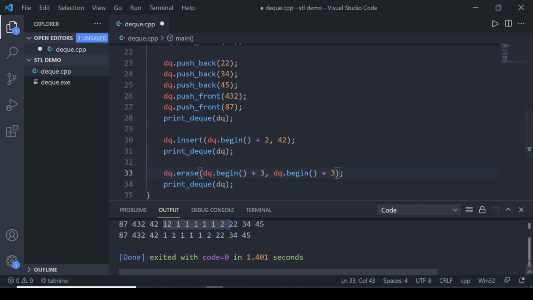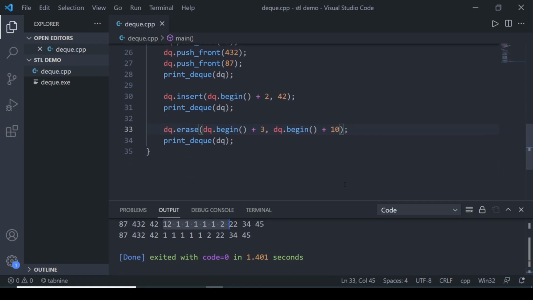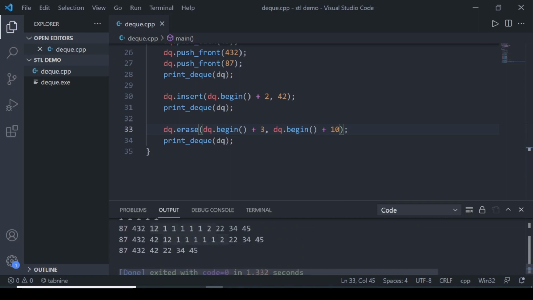So dq dot begin plus 3 is the iterator to this position. This is 4, this is 5, 6, 7, 8, 9 and 10. So dq dot begin plus 3 and dq dot begin plus 10 will remove all the elements from 12 to 2. So let's see that. Now you can see that all the elements from 12 to 2 have been successfully erased.